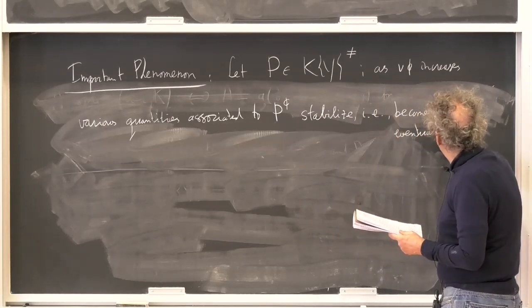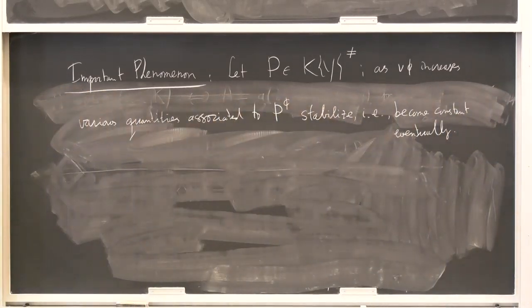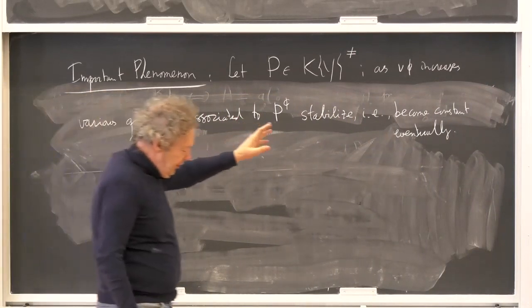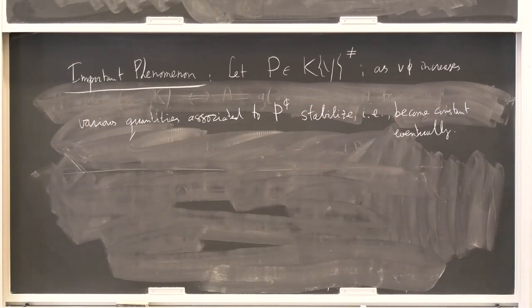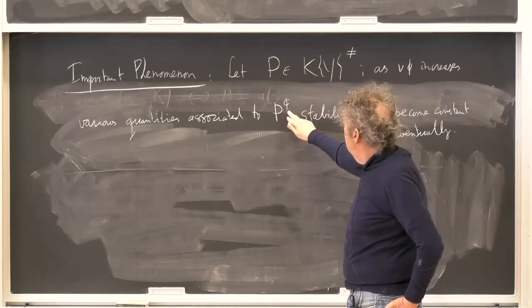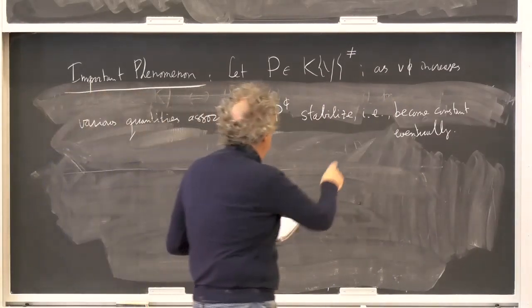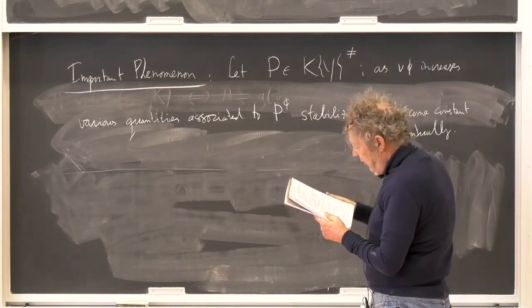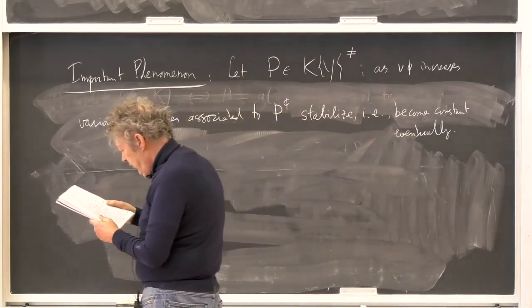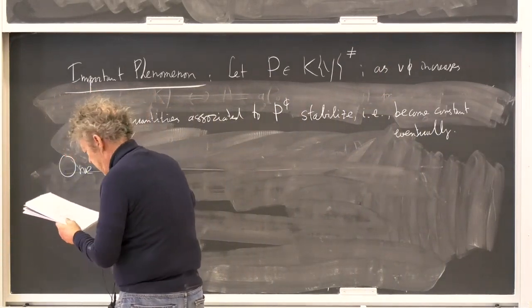And eventually means for some active phi zero, whenever the valuation of phi is greater than or equal to the valuation of phi zero, then the quantity that is associated to P phi doesn't change anymore. So eventually means for sufficiently high valuation of phi within the downward closure of capital Psi. One such quantity, and that's the crucial one to define Newtonianity,